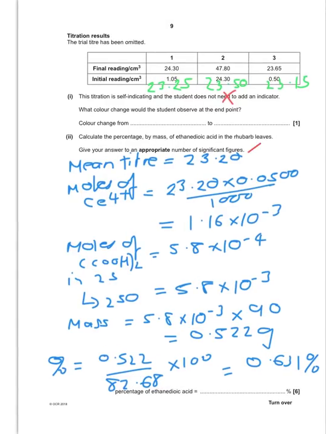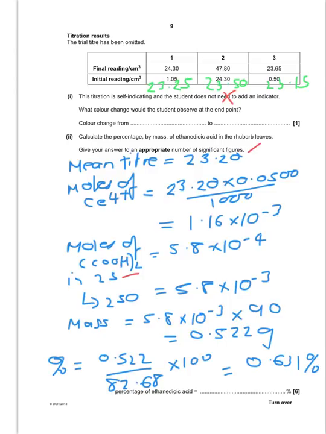to be the average of number 1 and number 2. Then you find your moles of cerium 4 plus, because the concentration they've told you is 0.05. You need to then divide that number by 2 to find your moles of the acid. That is in 25 centimeters cubed. So you need to then multiply that by 10 to find the number of moles in 250, which is your original volume. Then multiply that by the mass of your acid, which is 90,